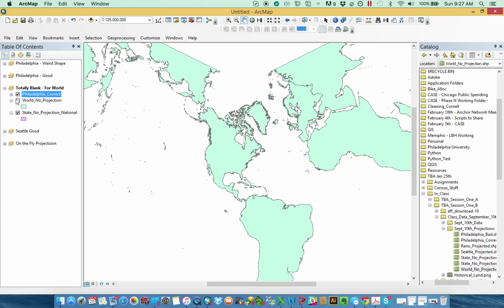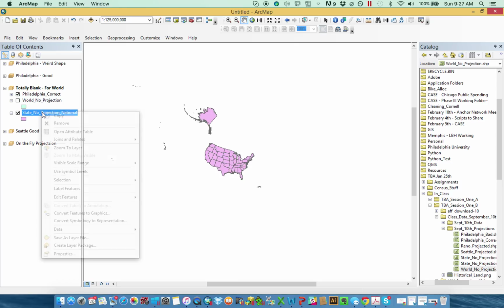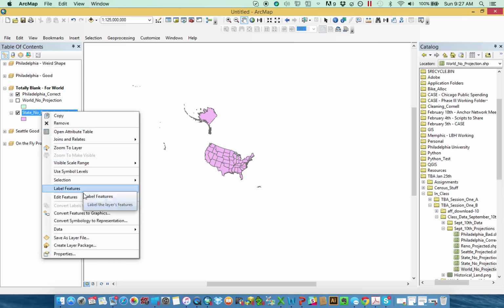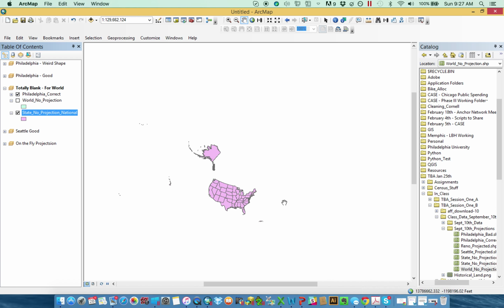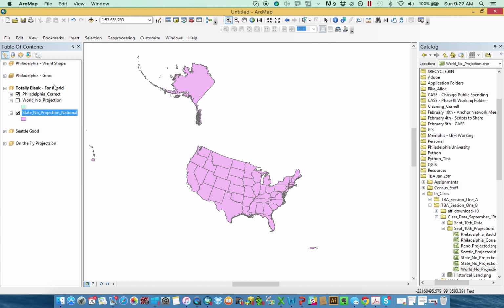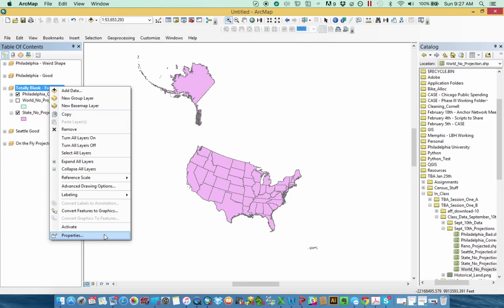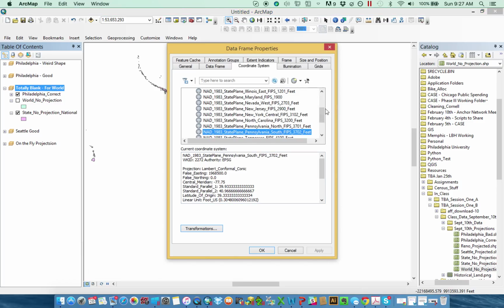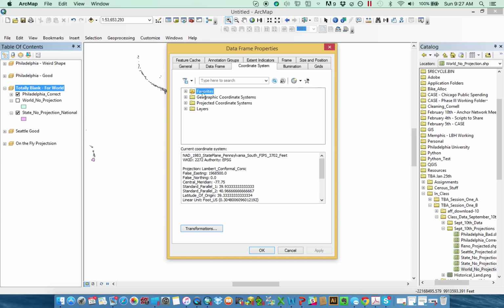So what I'm saying to you here, though, is let's say you got yourself in a situation and you're like, this is not how I want to show the world, right, in any capacity. It's not what I want to do. I want to show the United States in that system that I'm used to measuring it. You can change this at any moment, right? So you could come up here, and under coordinate system, you're going to get a couple of choices here. You're going to get to pick